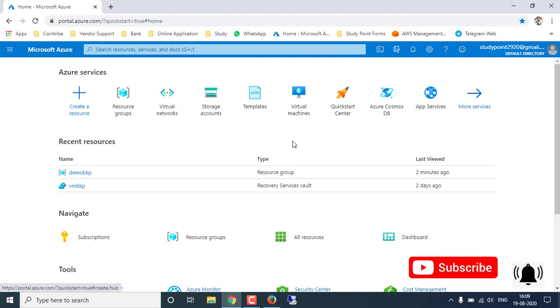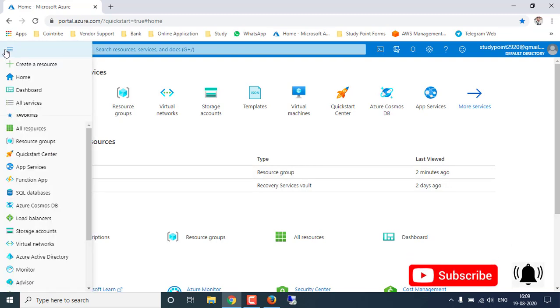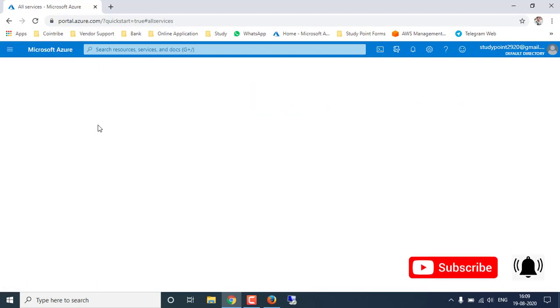For virtual machine creation, I have already shown some details, like where we can create the virtual machines. First of all, we have the home screen of our Azure portal. Then we go to the left panel, the three dots. You can see that there is an option, All services.